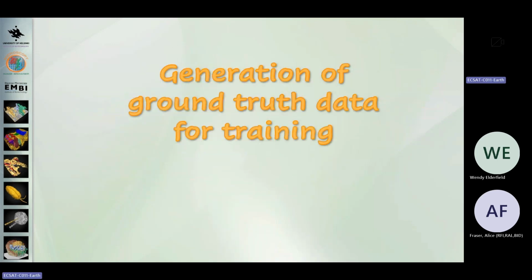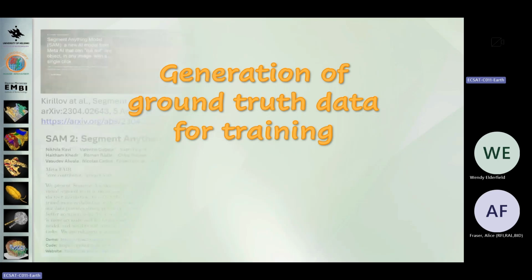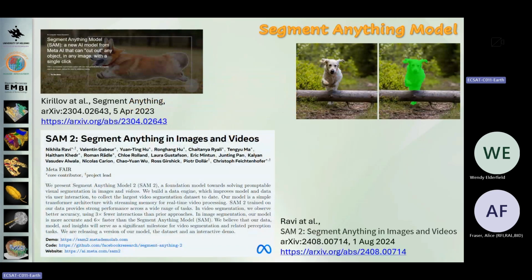So, okay, we have these networks, we have data, let's say we have the technology to generate networks to predict the data, but how can we generate the training sets? It's already been mentioned a few times today: Segment Anything. This is pretty cool stuff, which was released in April last year by Meta AI, where the idea was that with a single click, you segment the whole image